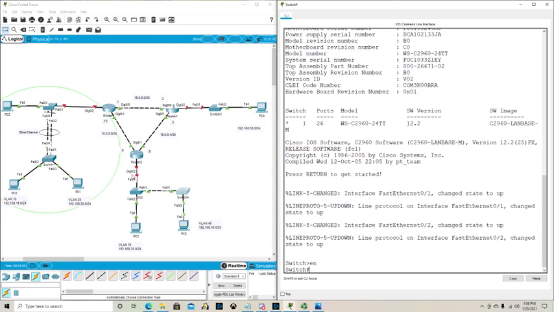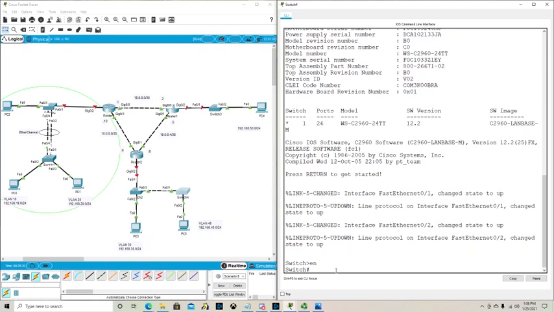Now, I would still create it, and I would still allow it over the trunk link, because in the likelihood that you are going to be expanding this network, if this is, say, our business network, we would probably want to make sure that we have things prepared. So if I needed to add, say, a PC off of here and it needed to be associated with VLAN 30, I wouldn't have to go back through and ask, why is nothing working? And then try and troubleshoot and go, oh, I need to allow VLAN 30 across my trunk link. So we created,